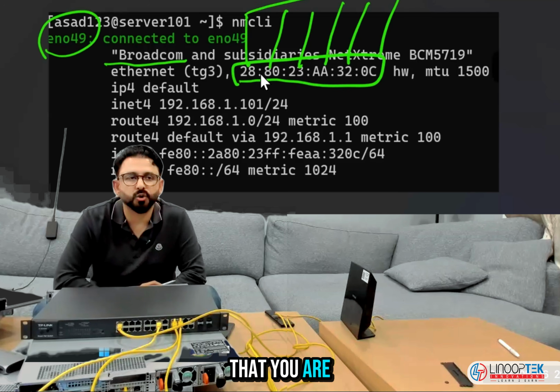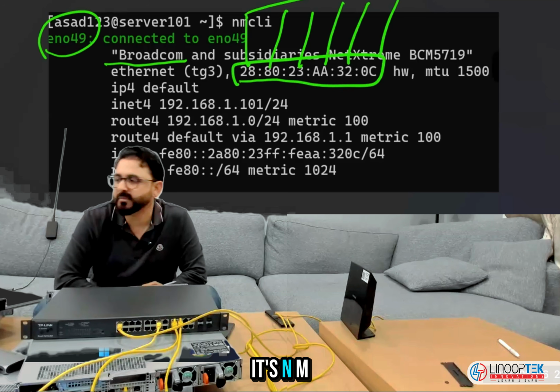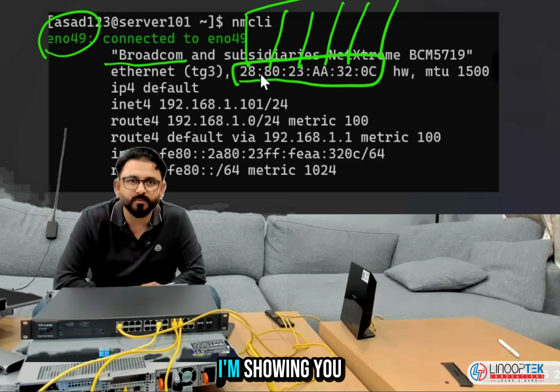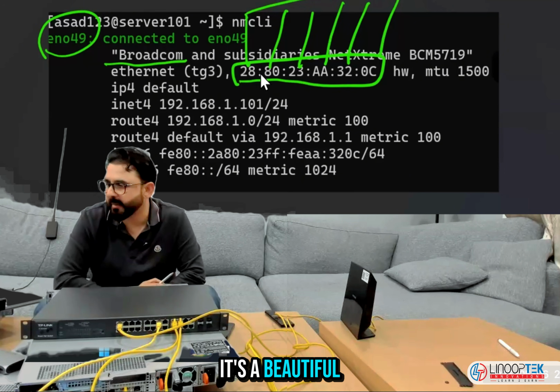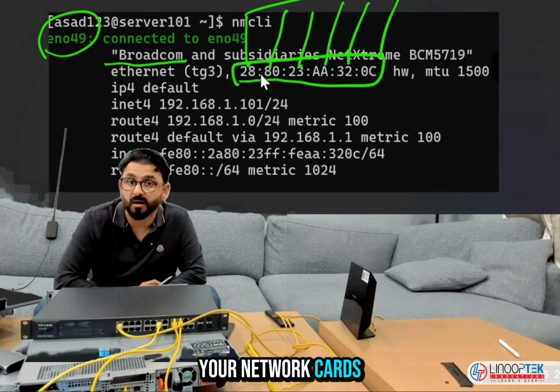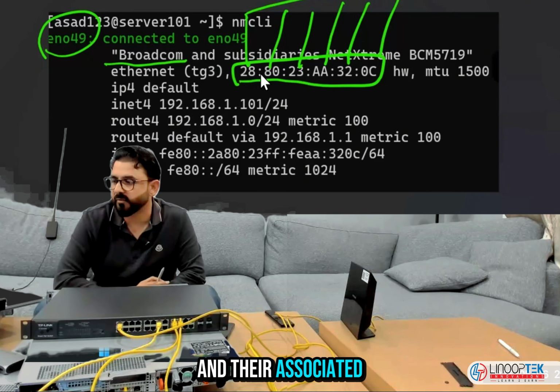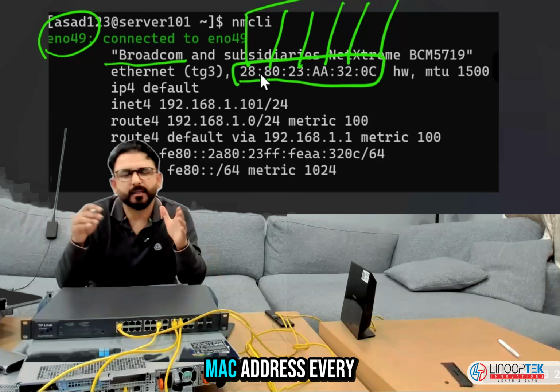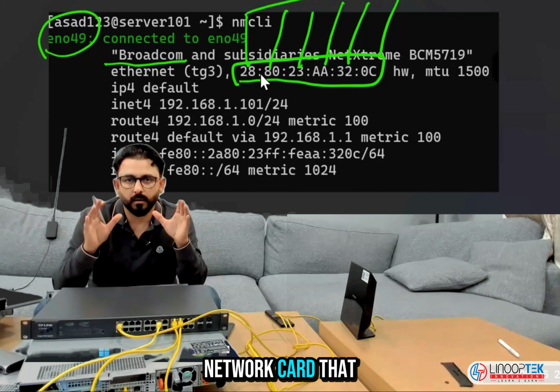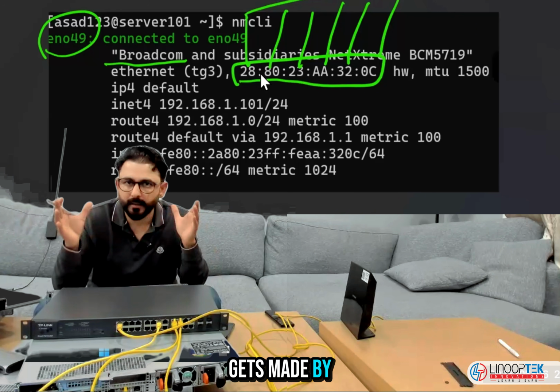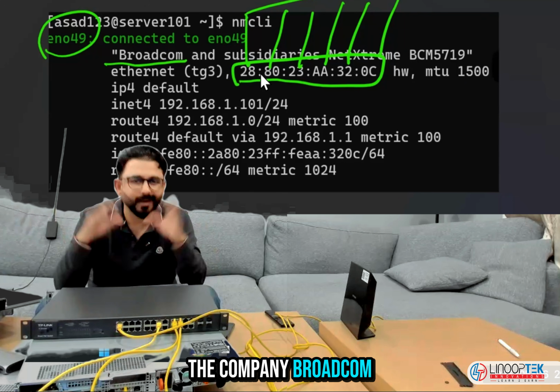What is it that you are showing us right now? It's nmcli. I'm showing you the output of nmcli. It's a beautiful command to look at your network cards and their associated information. MAC address. Every network card gets made by a company like Broadcom, Netgear,